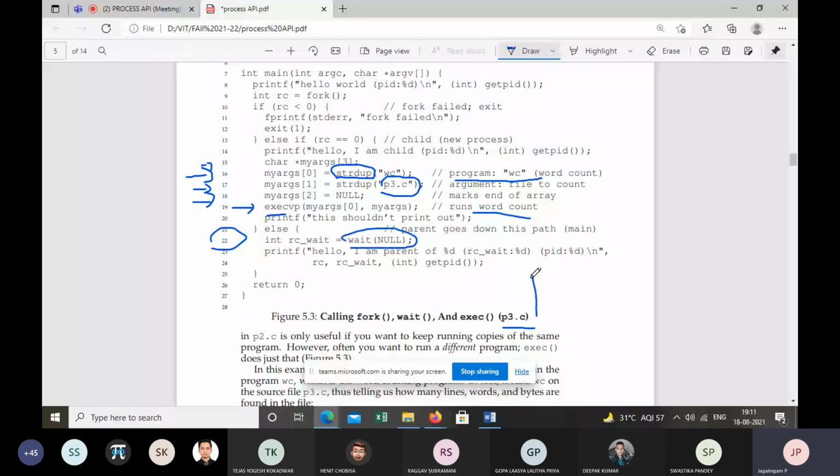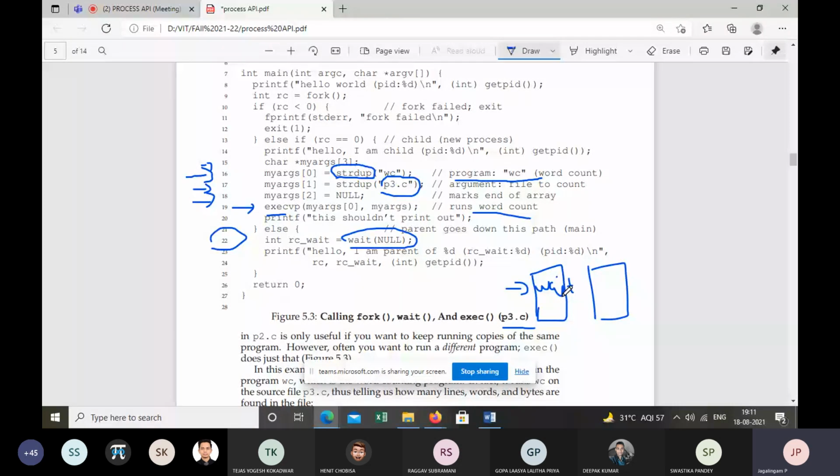So you have a parent process and a child process. In the parent process, the wait system call is invoked. Now, why is the parent process waiting? For the child process to complete. Good.